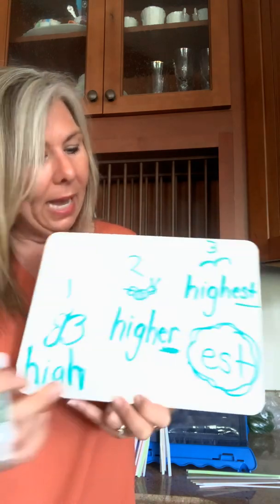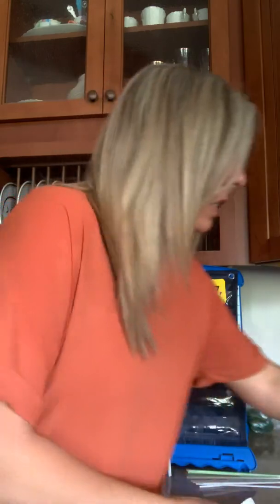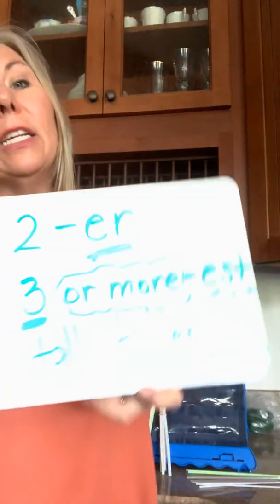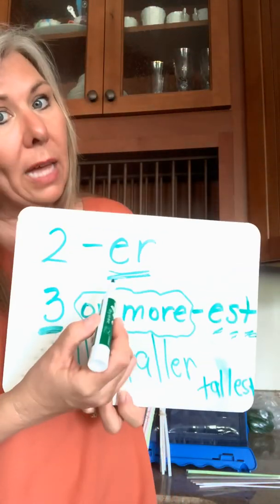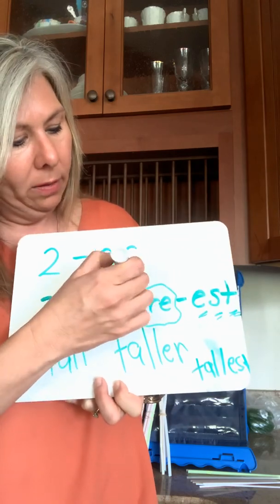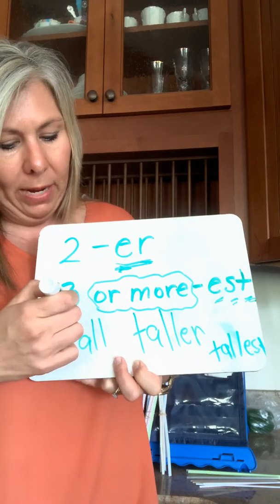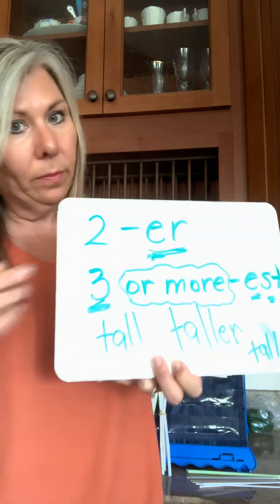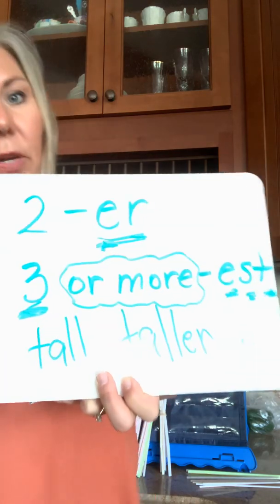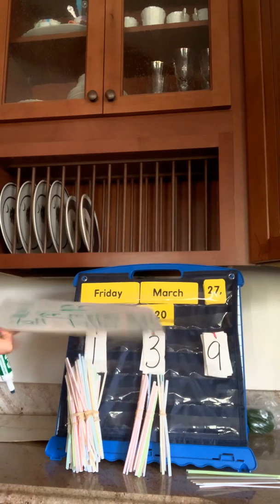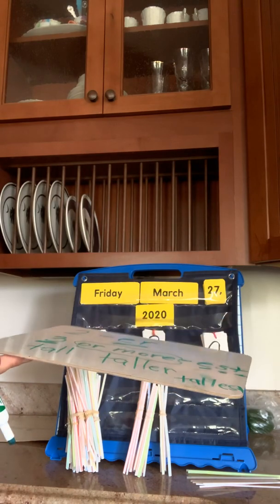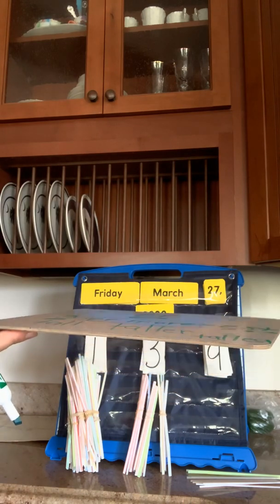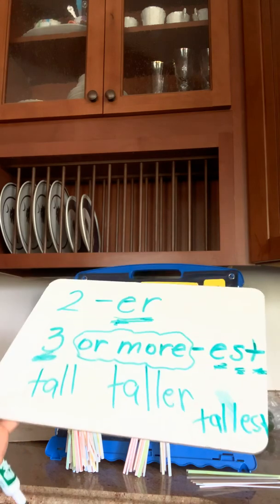So if I'm comparing more than 3, I'm going to use that EST. But keep that in mind with the little part that we just looked at here. If you're comparing 2 things, use the 2-letter ending, ER. If I'm comparing 3 or more, EST. So keep that in mind. Like if I said right now, if I said, my friends,